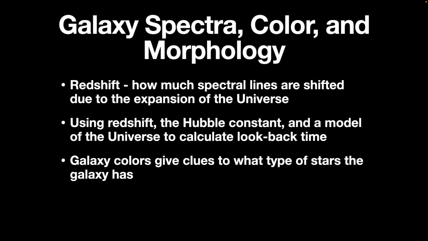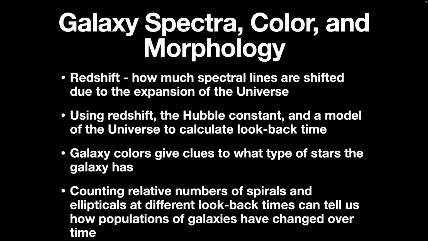We can't get spectra for every galaxy, though. In fact, most galaxies look too dim to us to actually get good spectra. But we can look at the overall color of a galaxy to get a rough estimate of the type of stars a galaxy has. If we see a lot of blue, that indicates young stars and relatively recent star formation. If we don't see blue stars and instead we see a stellar population that's dominated by the light from yellow and red stars, we know that there is mostly old stars in this galaxy and that there is no current star formation.